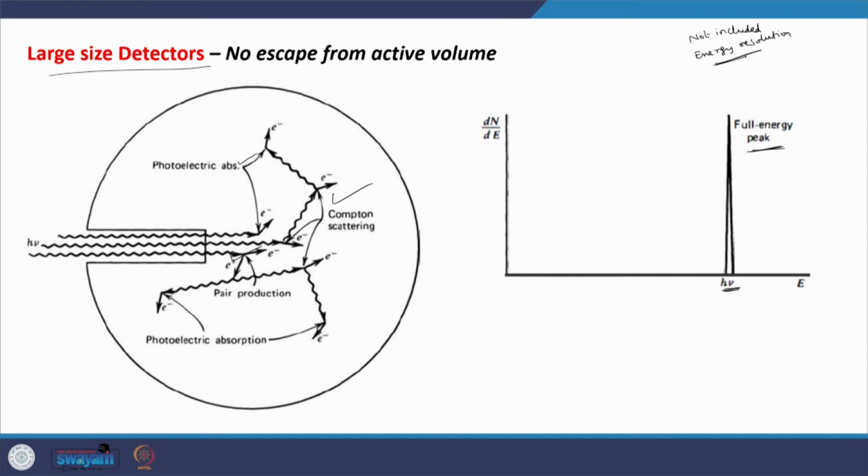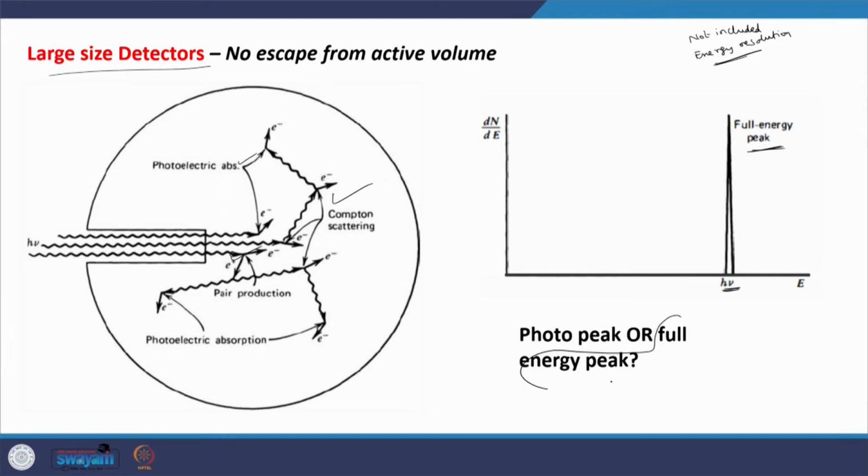Just for the sake of simplicity, I wanted to highlight the effect of the size of the crystal on the response of the crystal for gamma rays. That is what I am trying to explain in these slides. Let us go for the full energy peak, because not only the photoelectric effect, you have multiple Compton scattering also, and you have pair production also. It is giving rise to the emission of 511 keV gamma rays,